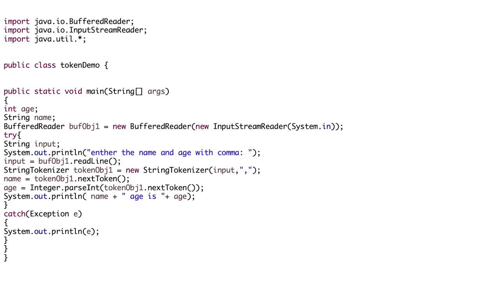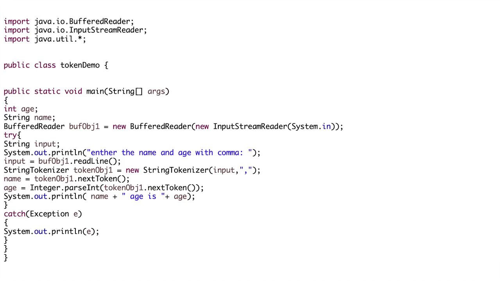In a single line, I'm just going to give a number of inputs, but with the help of the StringTokenizer class, I'm going to create another object, that is the token object. With that object, I'm going to get the input, as well as divide the input into a number of inputs, right? A single input may have multiple inputs. I'm going to divide those inputs into a number of inputs, right?